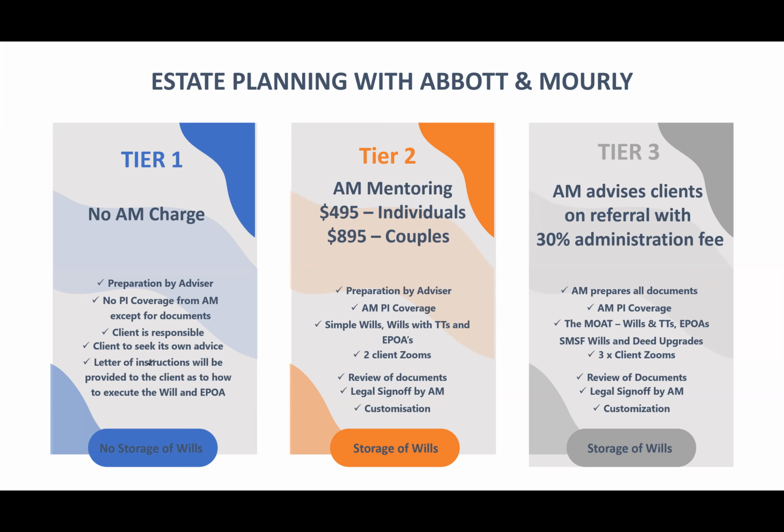Now, we just charge our standard fees for that. But because you're heavily involved, because we'll need to liaise with you to find out what their assets are, where their assets are, etc., when we bill them, we then pay you a 30% administration fee. Have you got any? Because that's been working well for you, hasn't it? Because we've done that for quite a few accounting firms, haven't we? Yeah, absolutely. That's the Tier 3.